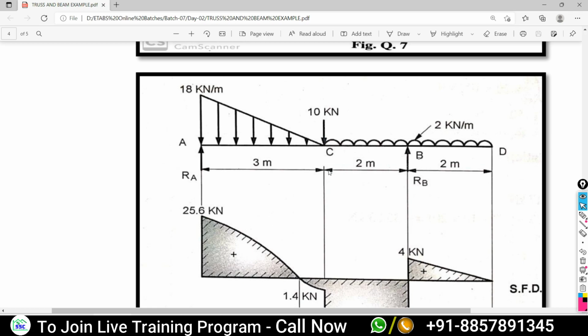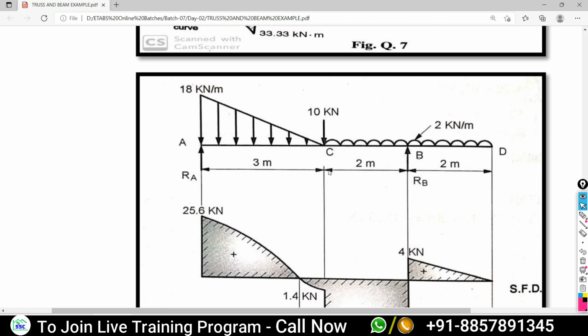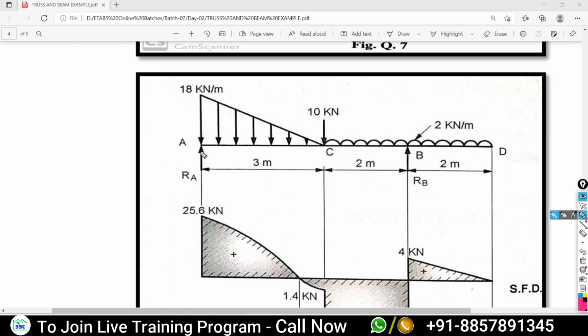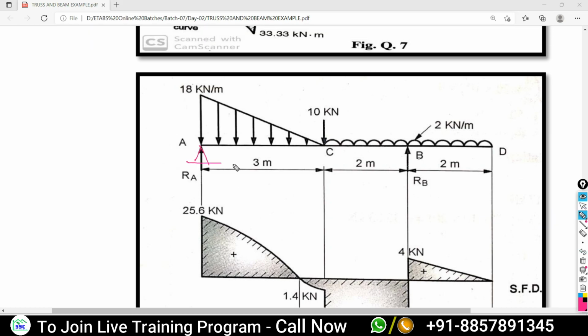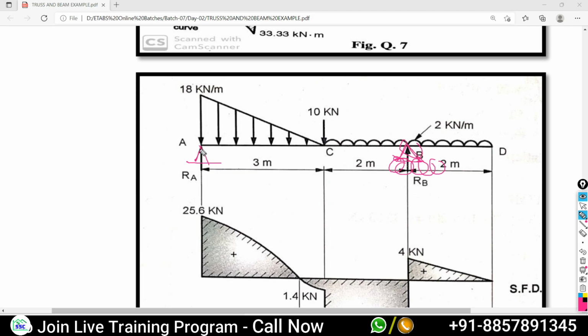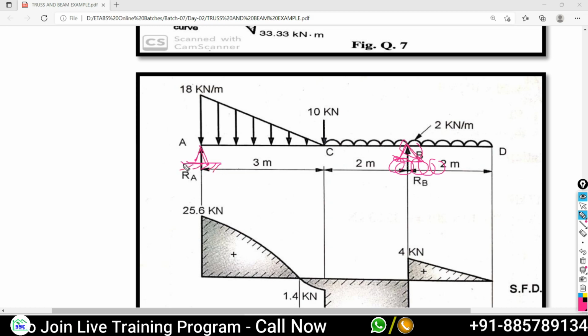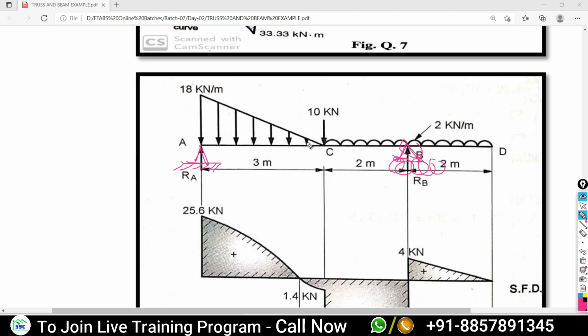Will you practice this? Yes, sir. So what supports are there? Consider this as hinge and this intermediate as roller. Consider it to be a roller and consider this as what? Hinge supported. Hinge supported. And let me know